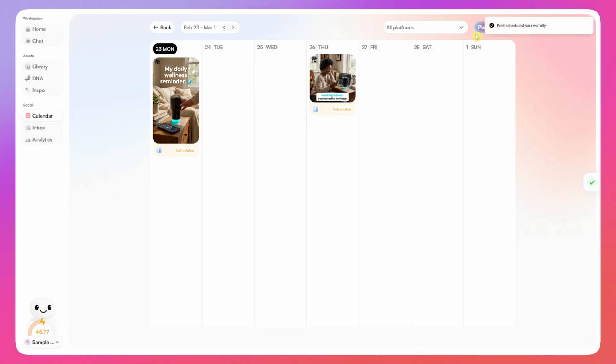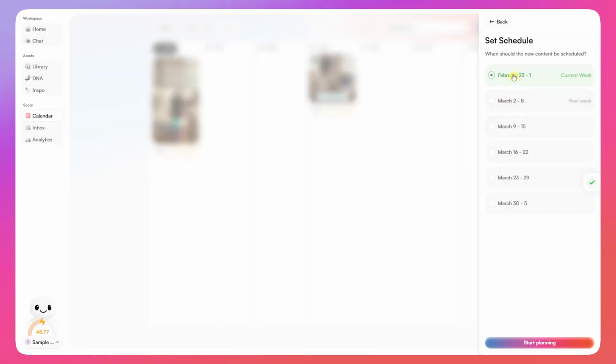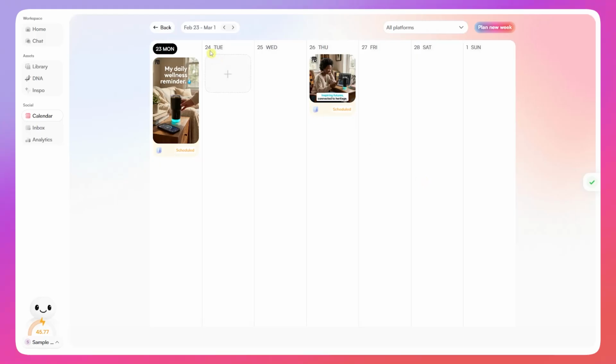And then you could also plan a new week if you'd want to go for another set of content for a new week. Then you can click here again, and then you can choose the week right here. So that's the calendar. And now, since we have also connected our platform already here into Holo, another thing is